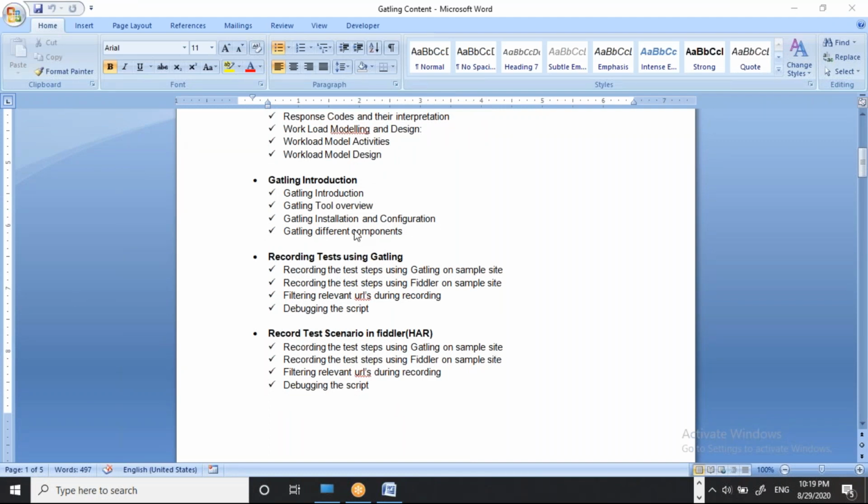So recording, we will see first through Gatling only: how to record our general APIs or application, and mobile applications. We will go with both mobile applications as well as your websites. You work in mobile applications, so I will teach you how to record in mobile applications as well as normal websites. Then we will go through how to debug your script.